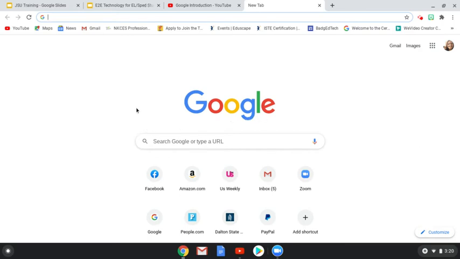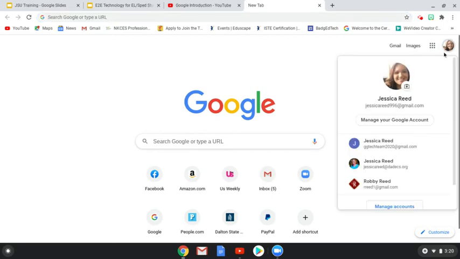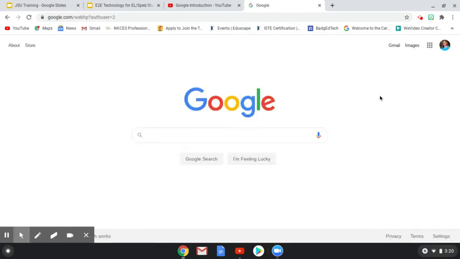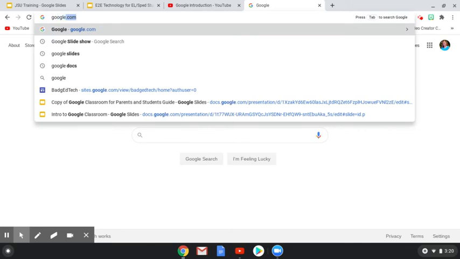All right, so to do a Google Doc, you can do a couple of different ways. You can type it in to, obviously, you need to have a Google account. And so that's very important. I'm actually going to switch over to my school account just because that's easier for me. What you're going to do is you can do one of 2 ways. You can type it in as Google Doc,